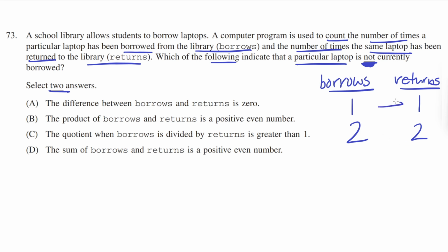So when the numbers match up, the borrows and the returns, that means that every time it has been borrowed, it has been returned afterwards. So when the numbers match up, it means that the computer is currently not being borrowed. It is in the library. So what that means is when the difference between borrows and returns is 0, that means the computer is currently